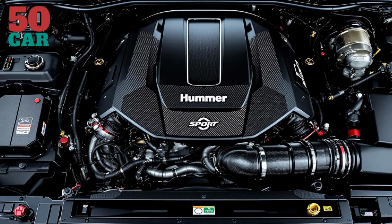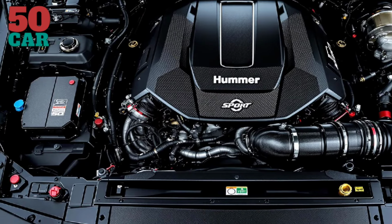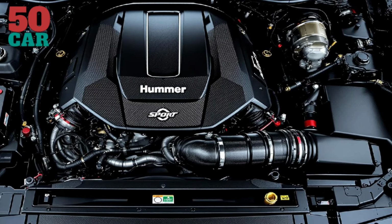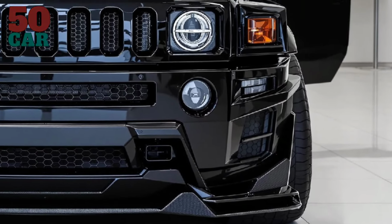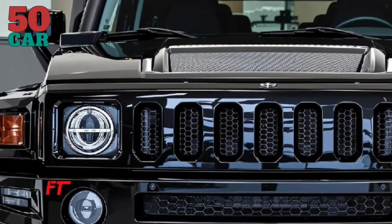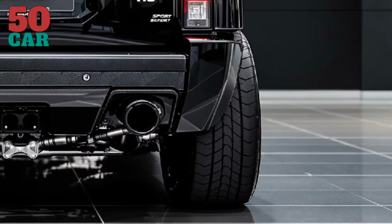Price and competitors: expected to attract adventure seekers age 35+, the H3 Plus concept competes with the Jeep Grand Cherokee and Land Rover Defender. Conclusion: the 2025 Hummer H3 Plus concept is a bold statement in off-road luxury, merging power,